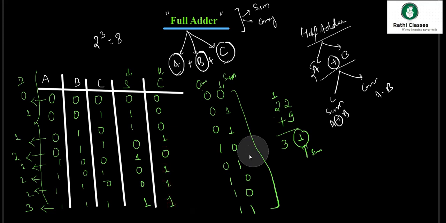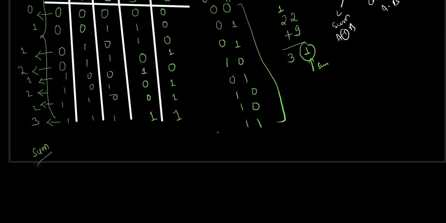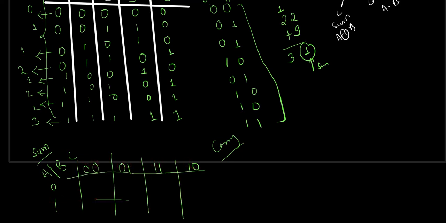Now by using K-map, I will be trying to solve this. I need to draw two K-maps, one for sum and another one for carry. I have three inputs A, B, C, with 0 1 on one axis and 0 0, 0 1, 1 1 and 1 0 on the other. As I can see the output from over here is 0 1 0 1 1 0 1 0. As blocks of 2 are not possible here, I need to take the individual cases. So this is case 1, this is case 2, this is case 3 and this is case 4. So I'll write it as 1, 2, 3 and 4.